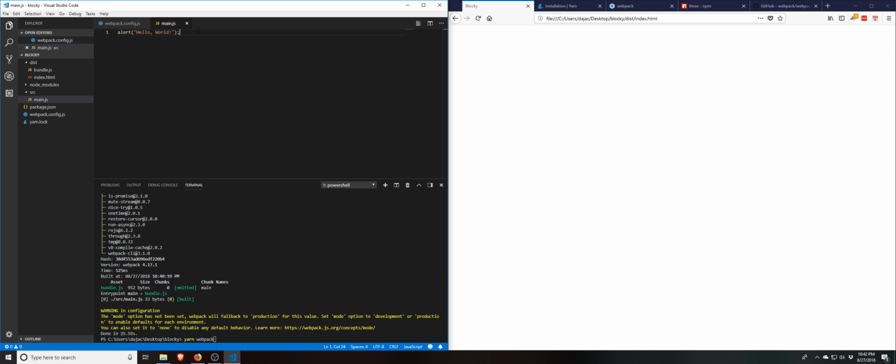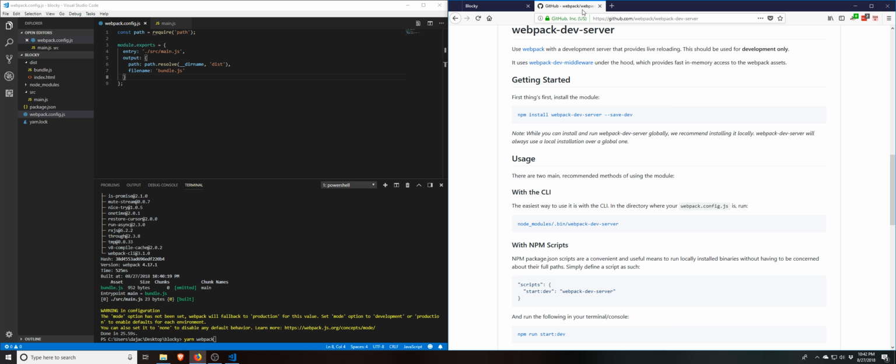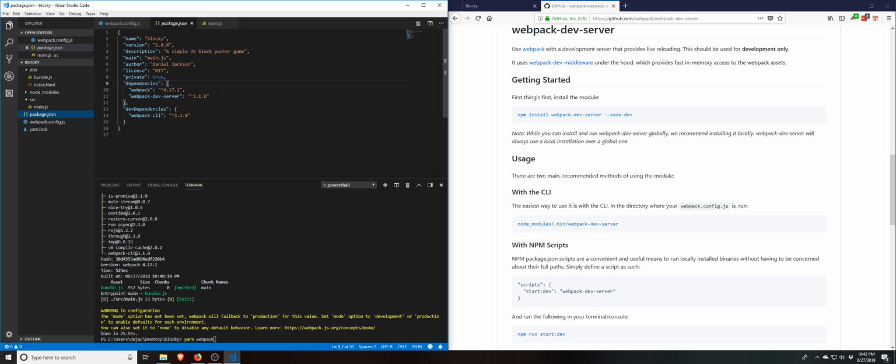Okay, so the one last thing that we need to do before we really get started here is get our Webpack dev server set up properly. So let's open back up our package.json and create a new line in here somewhere, and it can be any of these as long as it's on this same first level. And we're going to create one called scripts, give it these curly brackets and an extra comma at the end because it's an object, and we're going to do one called build